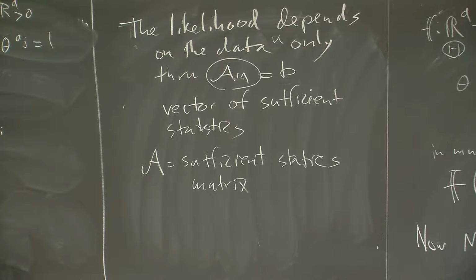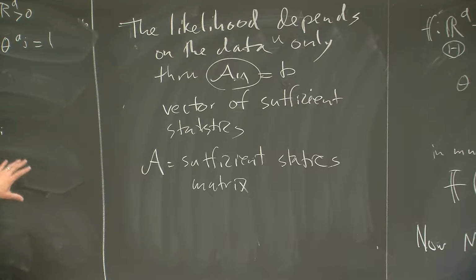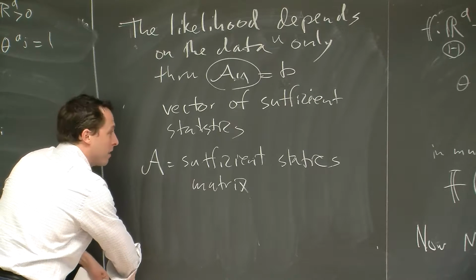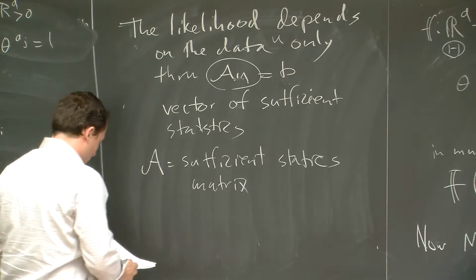And what's special about this whole class of models is that A is linear. Right? A is just a linear function. The sufficient statistics are a linear function of the data. And that's what makes them log linear, and that's kind of where all of the niceness, if you believe it to be nice, comes from. That's a strong assumption, but it's a useful one. Okay, so